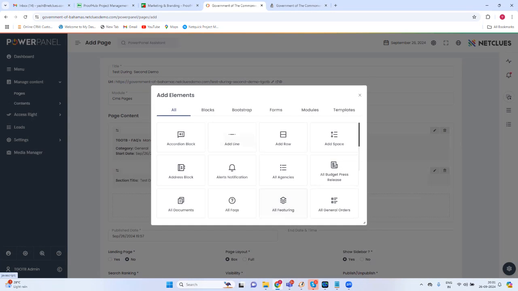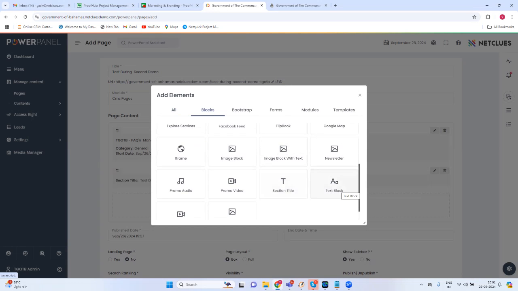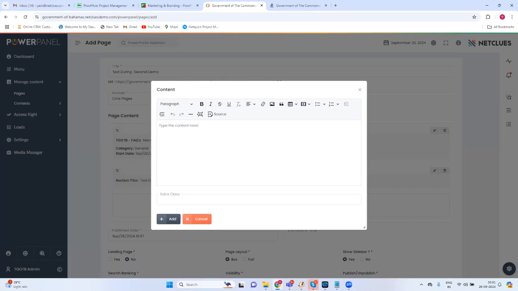Now again, I still want to go ahead and add additional information. I want to add a text block. So over here,